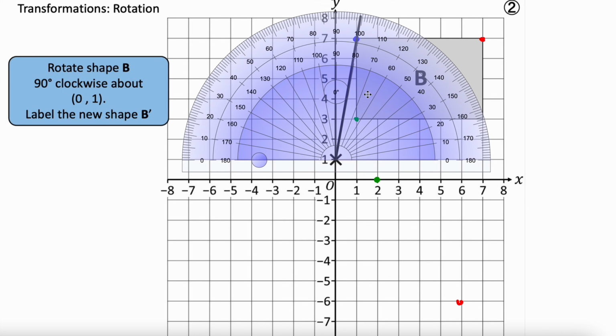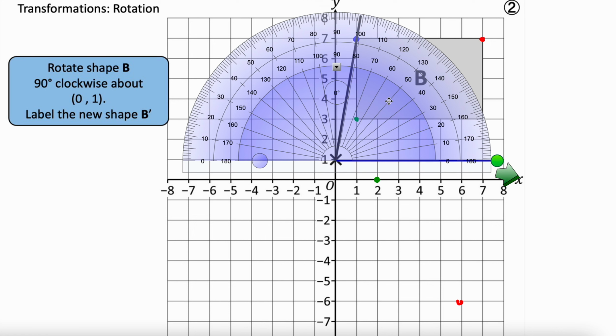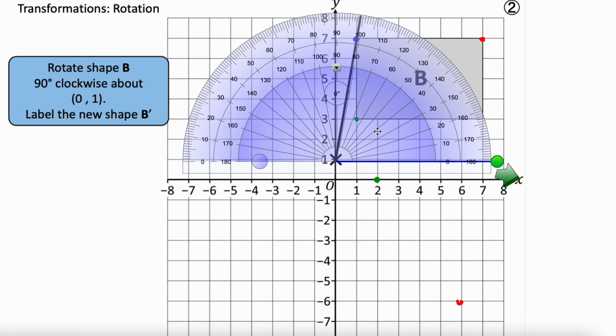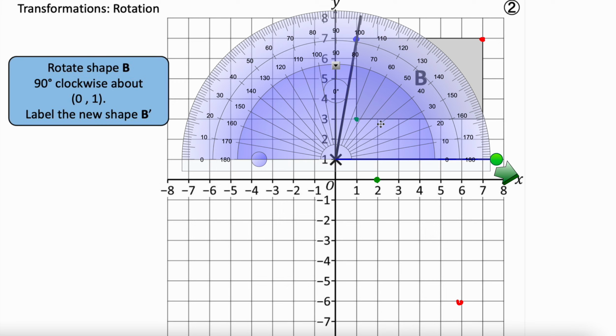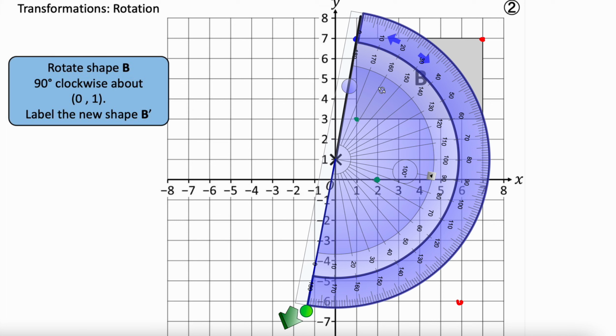So the center of the protractor should be at the center of rotation. Okay, so just making sure that this is more exact. So we'll just put it here. Okay, and then we will turn it around again